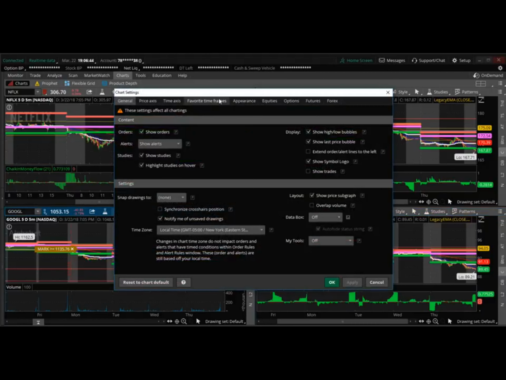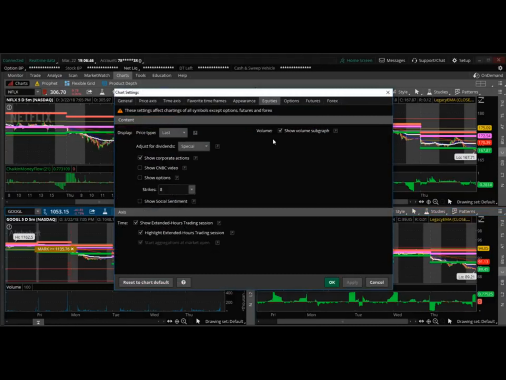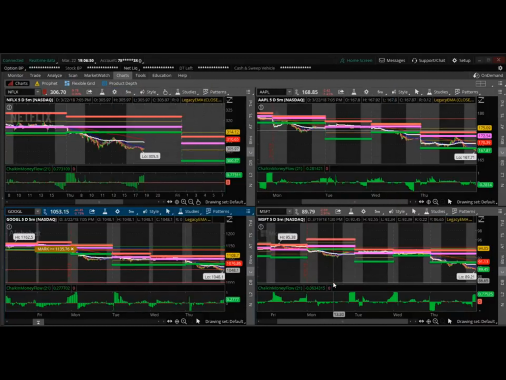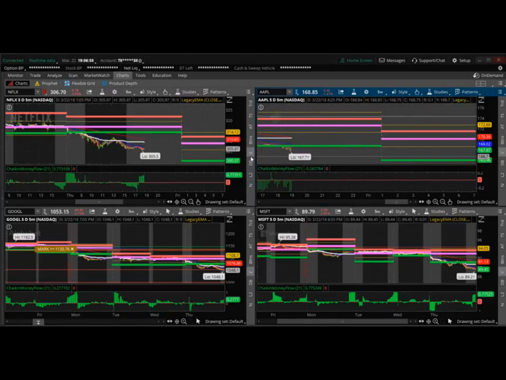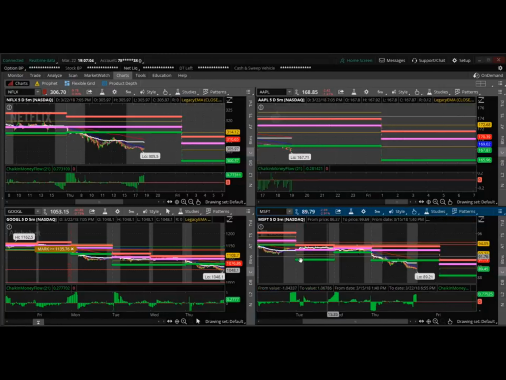Okay, right here, gear wheel, equities, show value subgraph. There we go. So now we have our charts of the stocks that we want to watch. We have stocks that we want to watch on 4 different charts, allowing us to see what's going on with